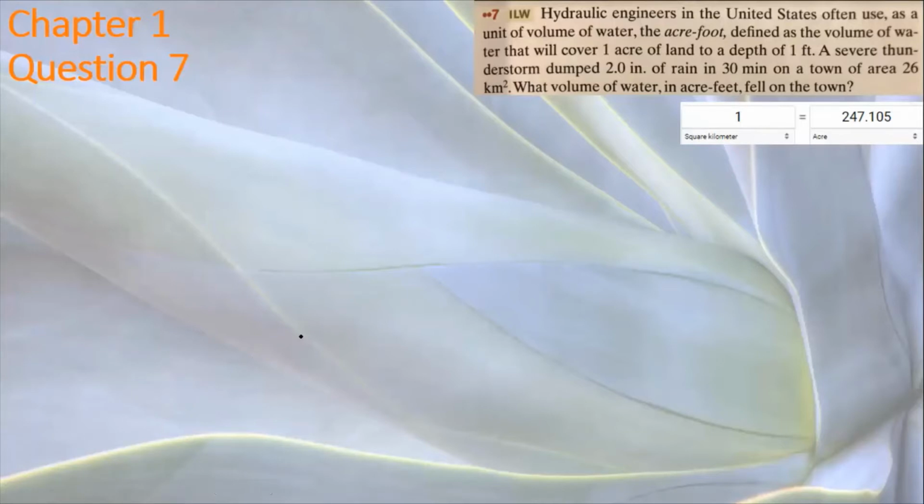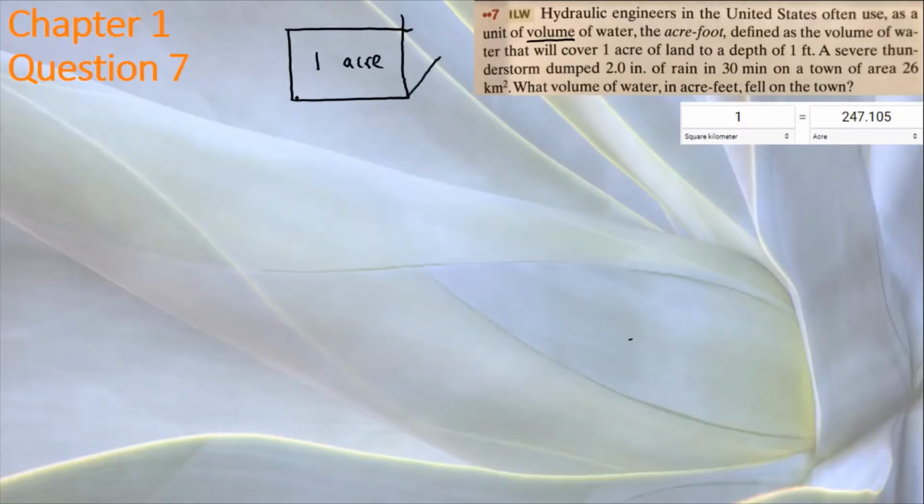So the first piece of information that we need to understand in order to begin to solve this problem is the concept of the acre-foot. They tell us here that the acre-foot is a measure of volume, and we know that a volume is a three-dimensional shape. So we could think of our acre-foot as having 1 acre as a base, and then a height of 1 foot, essentially. So we could think of it as a cube